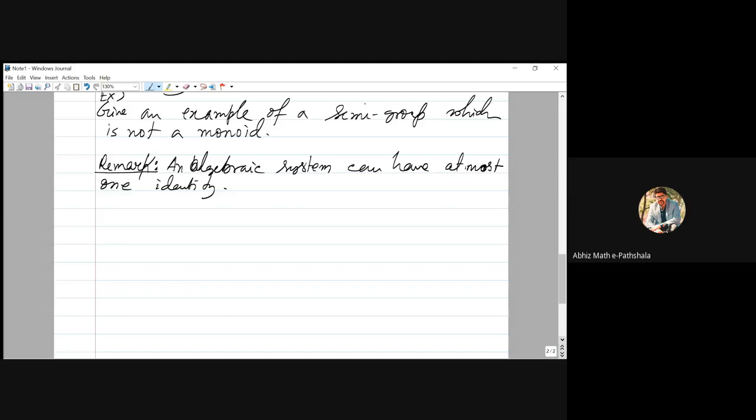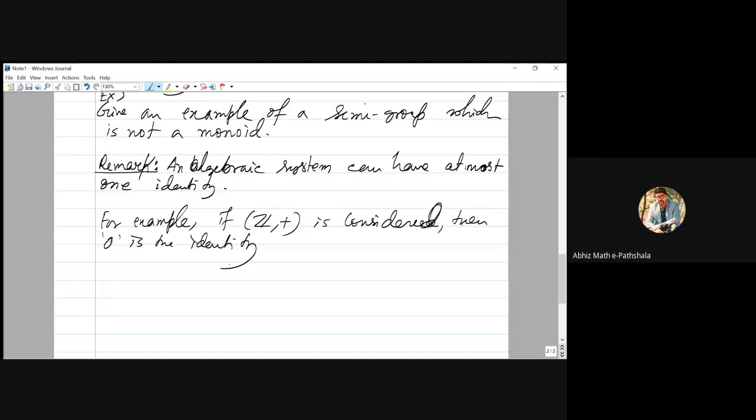For example, if Z plus is considered, then we know that 0 is the identity, and so for any integer,